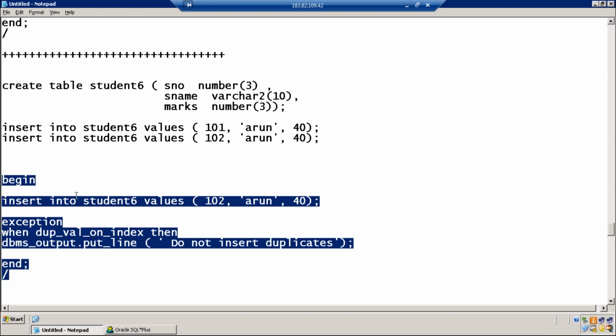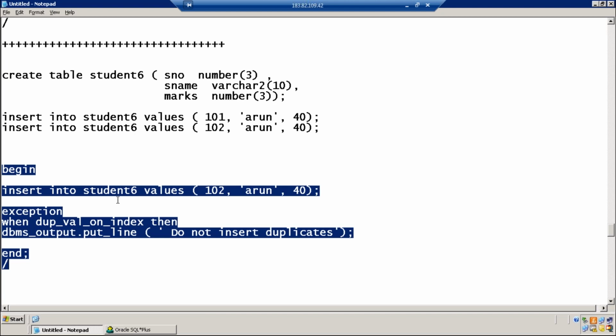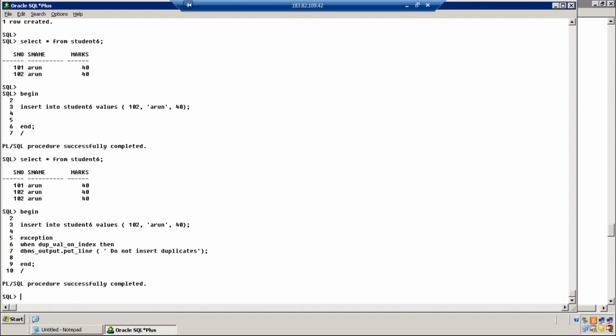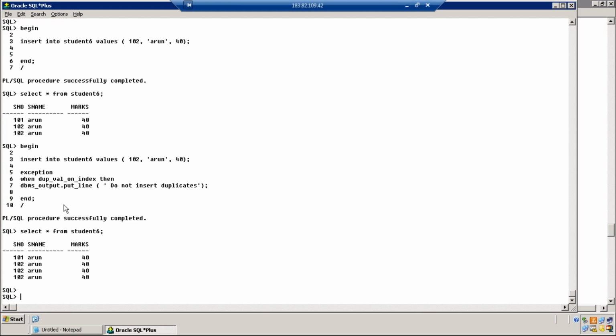This exception is raised only when you try to insert a duplicate in a primary key constraint or unique constraint. Right now, the table does not have a primary key constraint or unique constraint, so the PL/SQL block will get executed successfully. Previously the table had 3 rows. Now the table has 4 rows. Exception is not raised because you get the duplicate value problem only when it is a primary key. Otherwise, exception is not raised.